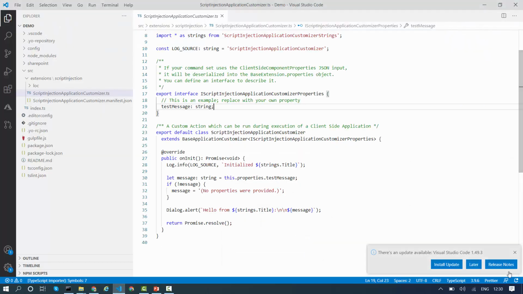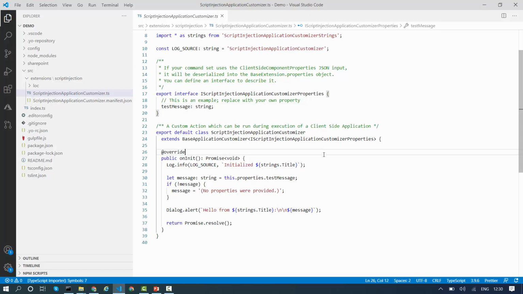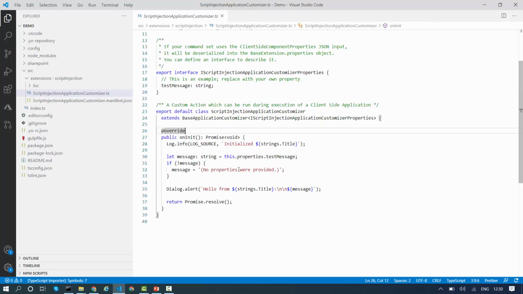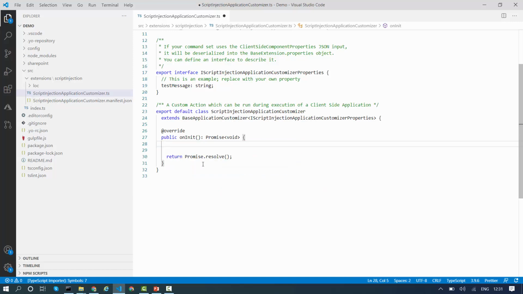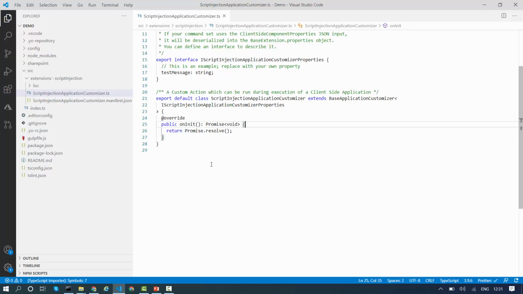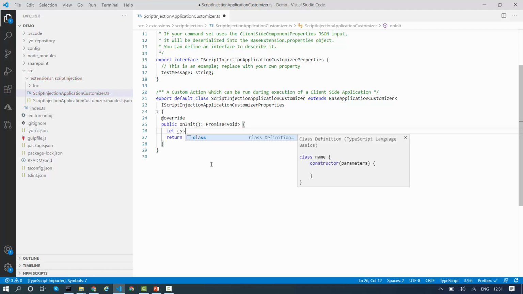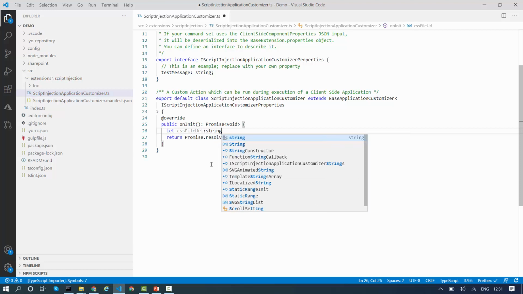Now I will move to my TS file, and inside this init method I will write my code. I will remove all the existing code and I am left with just the statement return Promise.resolve. As a first step, I will insert the CSS file. For that, I will say let cssFileUrl, and I will keep it as string.